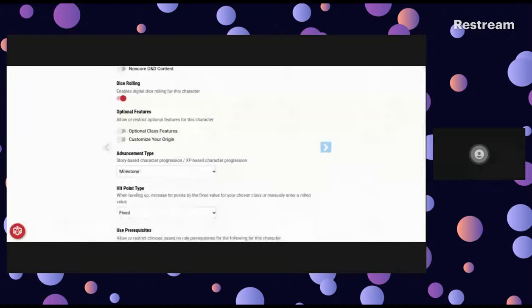Optional features. So, optional class features and customize your origin. Recently, there was a book that came out called Tasha's Cauldron of Everything that allowed you to customize your origin and change your class features. So in the past,